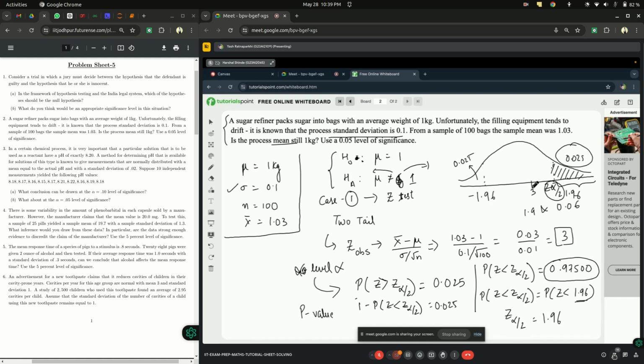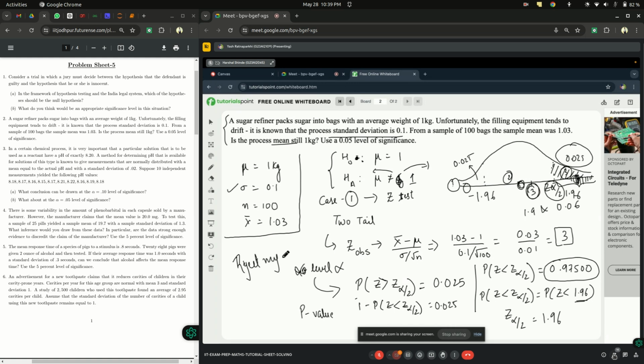Now think of it. My 3.3, is it lying in the middle of it, here, here, or here? I'll point at 0.1, 0.2, and 0.3. Where is my 3.3 lying? In which region is it lying? Region 1, region 2, or region 3? Region 3. And since we know region 3 is rejection, that means I will reject